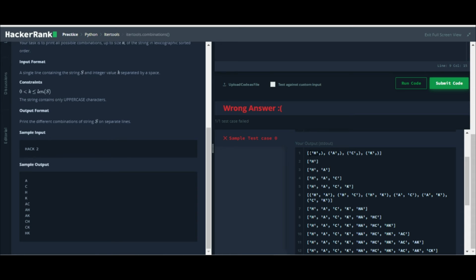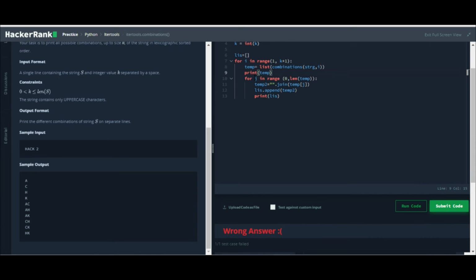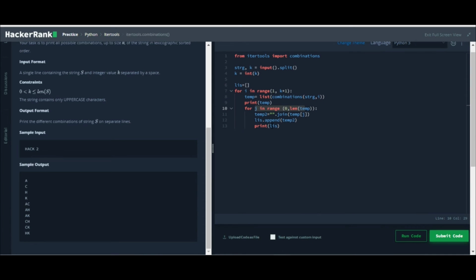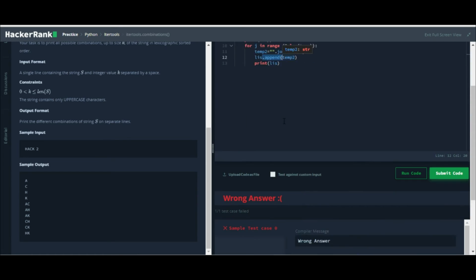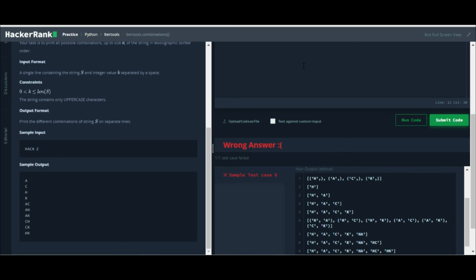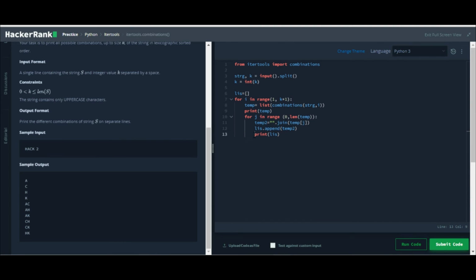So from the for loop I am targeting each element in temp, combining it and storing it in a new list called list, and I am showing you that. But we don't want it like this, iterative type. So I'll print outside the for loop.